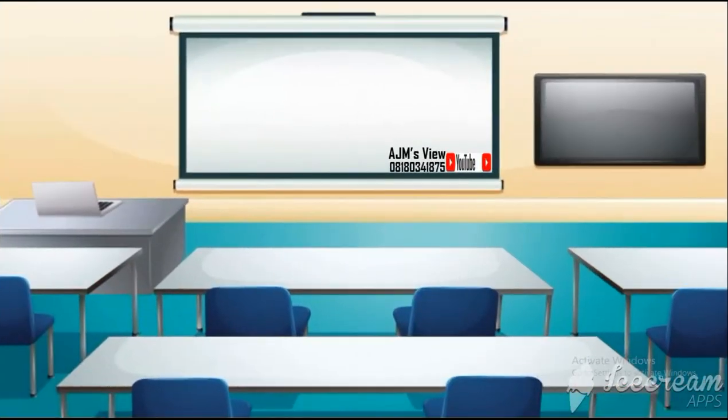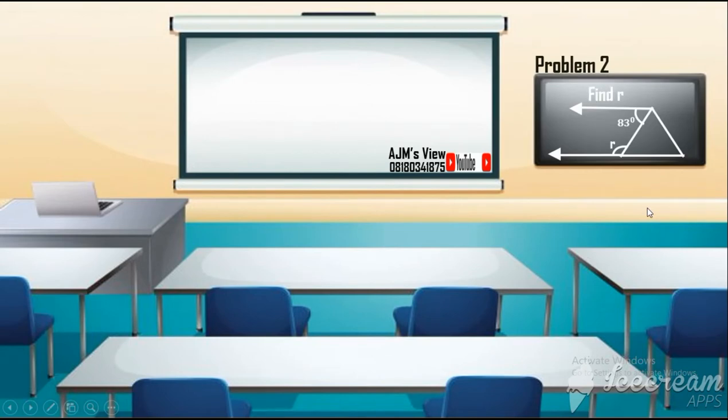Let's proceed to the next problem. Problem 2. Take a look at the figure. What are we looking for? Find R. Solution. But before I proceed to the solution, I can spot two parallel lines here as well, one here and one here, with a transversal joining them together, which means 83 degrees, and an unknown angle here must